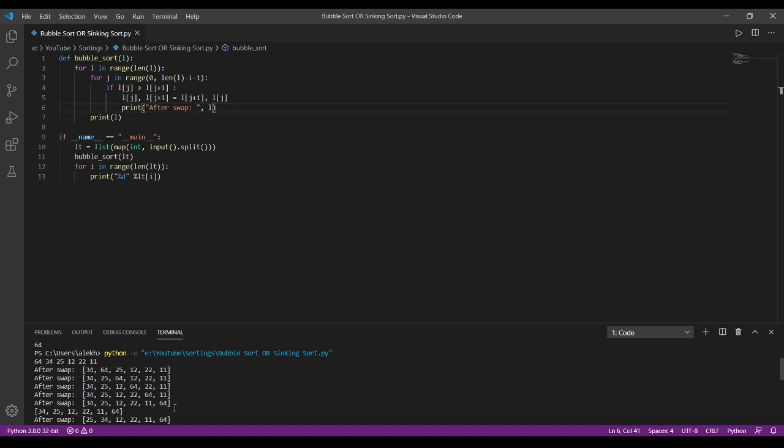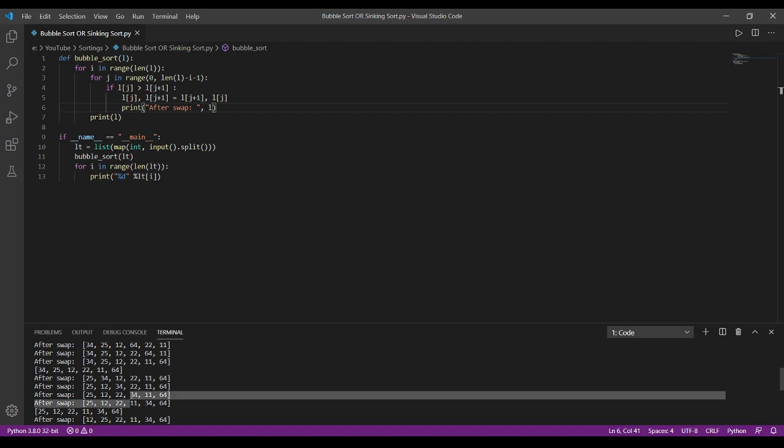For each and every iteration, we need to decrement one value. See, in the next iteration, for i equal to 1, 64 is already swapped into place, so there is no need to look at this element. If we consider 34 and 11, they are not in sorted order, so they are swapped and we get 11 and 34. Here two elements are already in place.